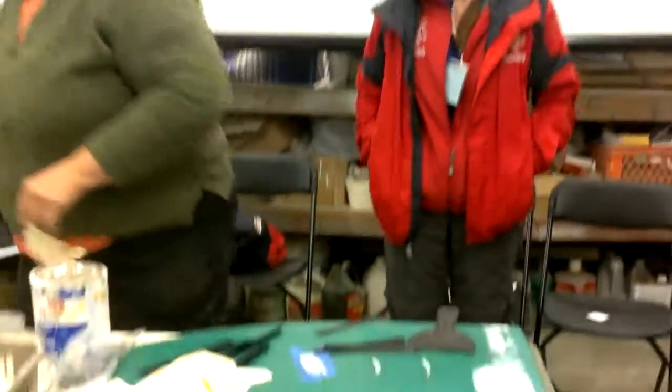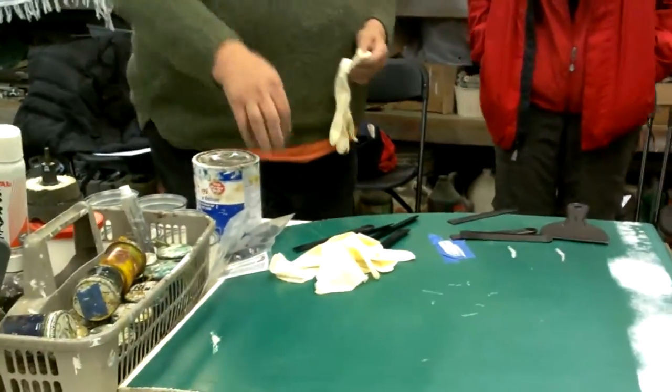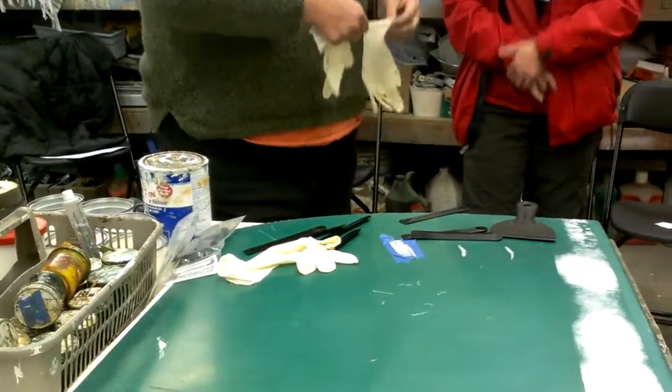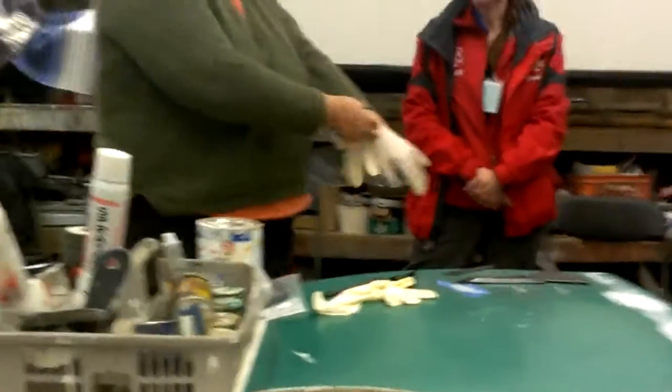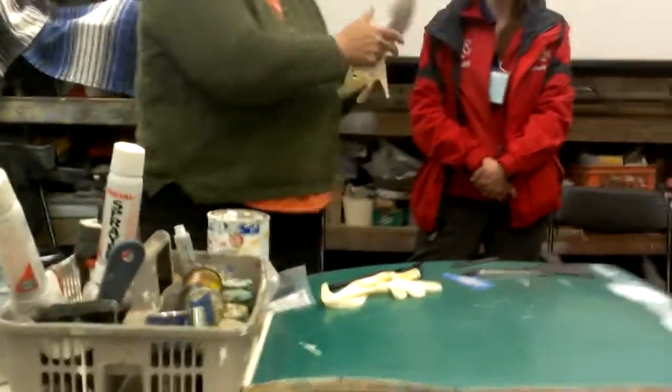Walgreens sells gloves at 7 cents a pair compared to the boat store. We need another pair. You've got to avoid the boat stores. There's a lot of stuff you can get that doesn't say marine. You need a gasket. But yeah,